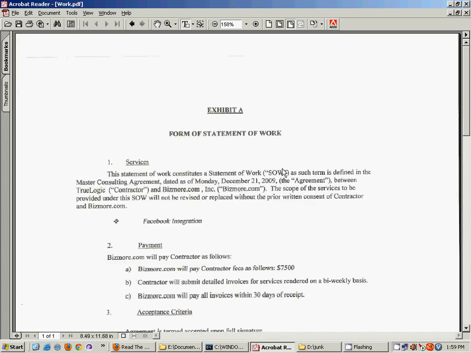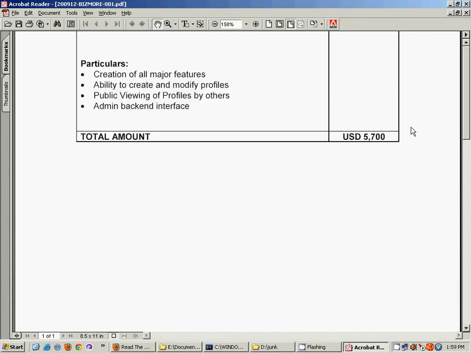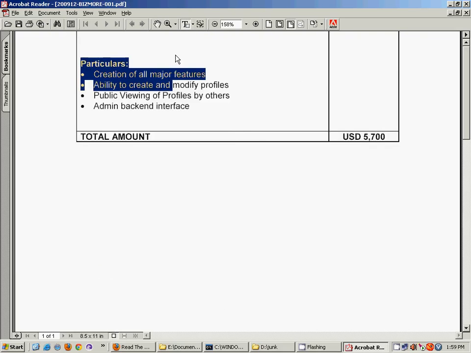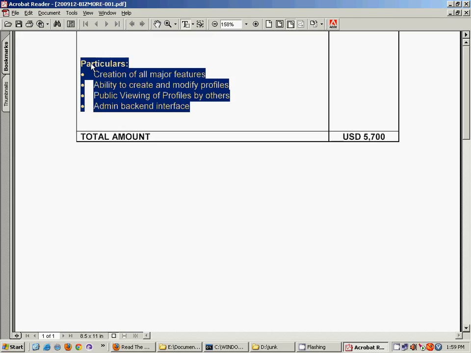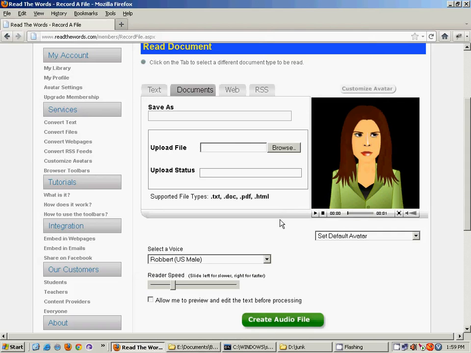So an example of a PDF which has actual text would be, let's take this. So here if I try to select text, it does get selected and you have the option of copy. So this is a very sure shot way of finding out if your PDF will be actually converted into a speech recording. Right. So now once you have a file which you want to upload, suppose I choose a Word